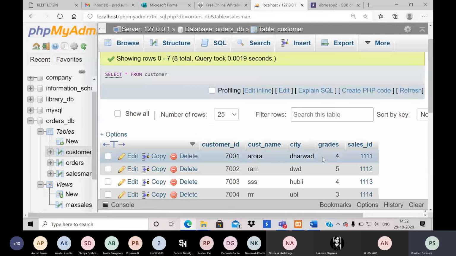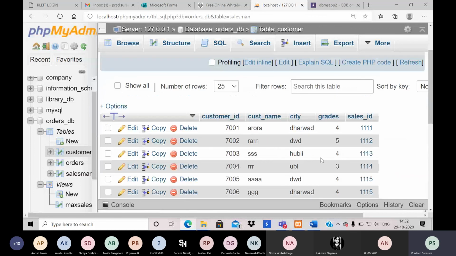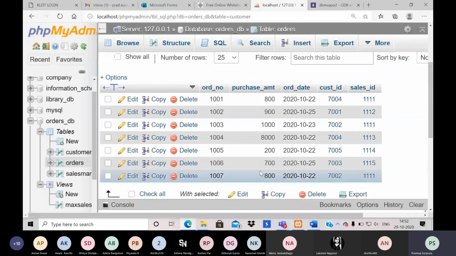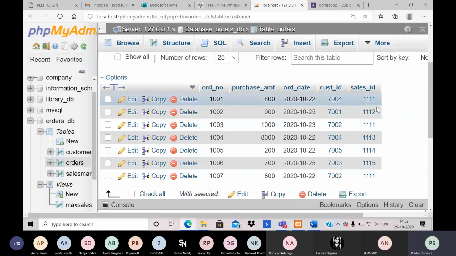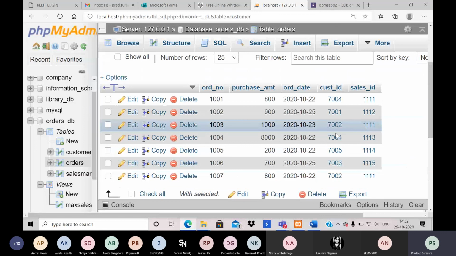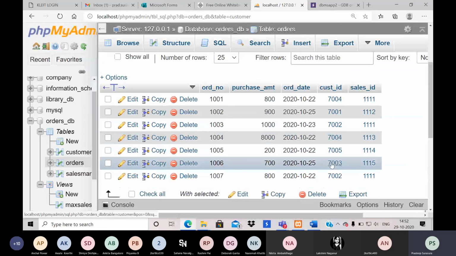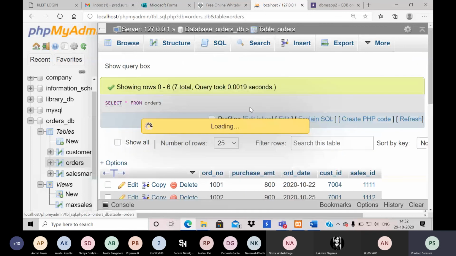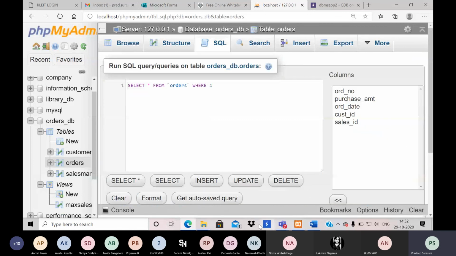As we have set it to delete, automatically in the other tables also the data would have vanished. So select star from orders also, I see there will be no record concerned with 1116 because that has been deleted. So we have used on delete cascade. That means once you delete the primary key, the foreign key also automatically deletes. Okay, this is all about the second experiment.